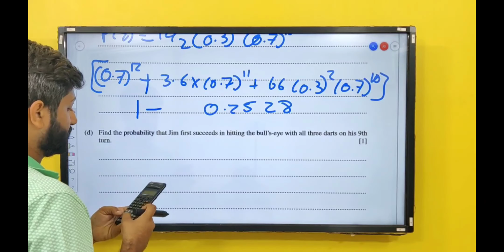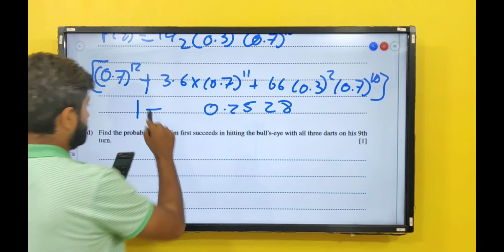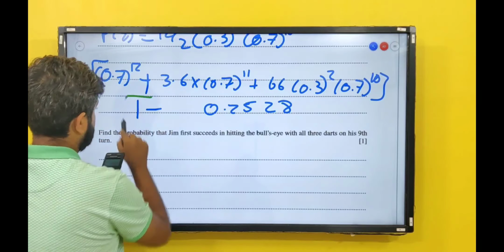So 1 minus the answer. My final probability is 0.7471. Next, find the probability that Jim succeeds in hitting bullseye with all 3 darts on his 9th